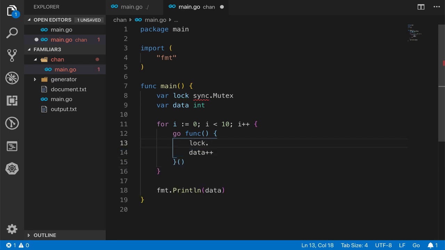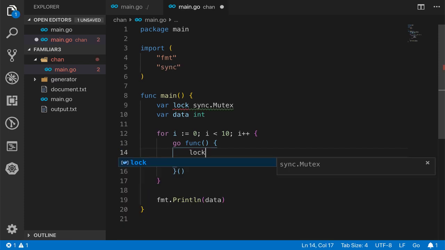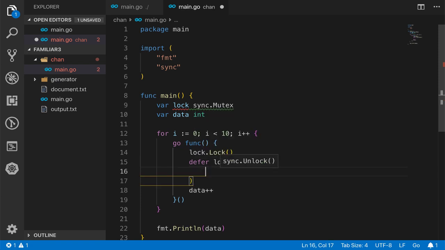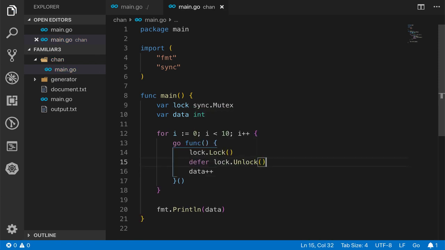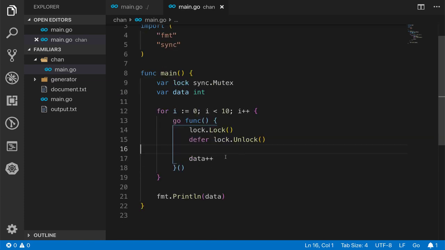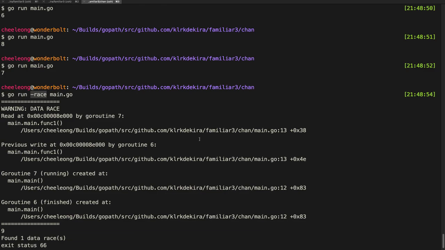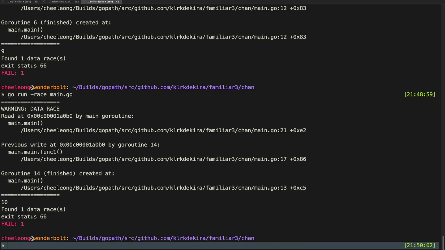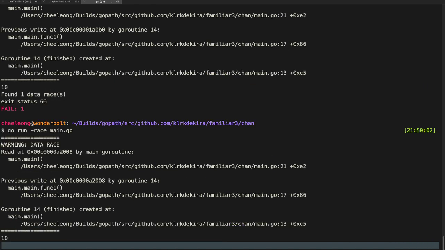So I'm going to use a lock. Even though I could put the unlock afterwards, I just want to show you guys one of the best practices if you have a bad memory like I do. It will make sure that it always unlocks. So now let's run our program with race, and so what? It's supposed to be gone. Don't know why, but we always get a 10,